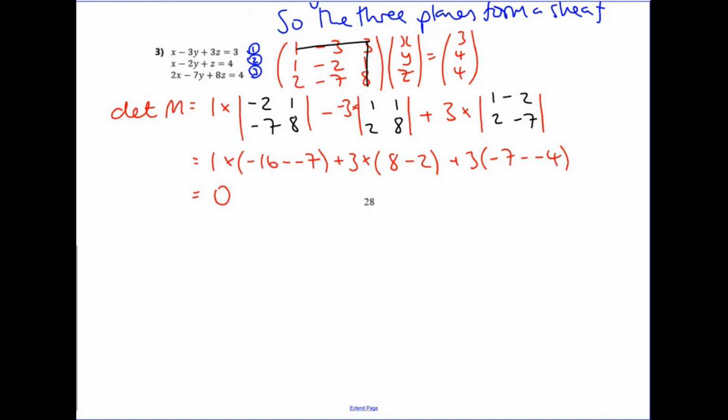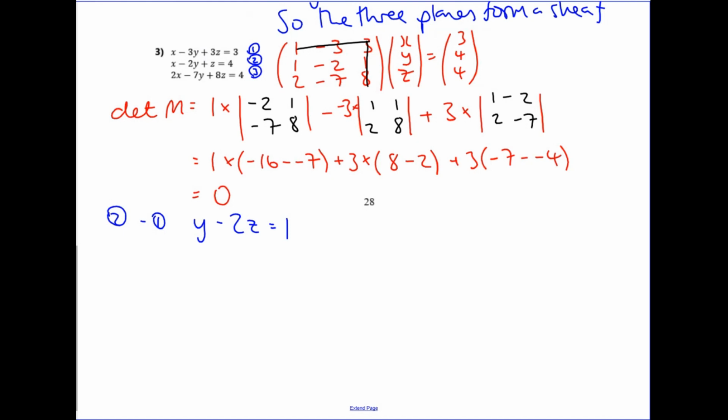So you can eliminate whichever letter you want. I'm going to eliminate x again because I think it's the easiest one to do. If I just do equation 2 minus equation 1, or 1 minus 2. Just gone for 2 minus 1 because 4 is bigger than 3. I'll eliminate x from that one. So minus 2y minus 3y gives me positive y. z minus 3z gives me minus 2z. And 4 minus 3 gives me